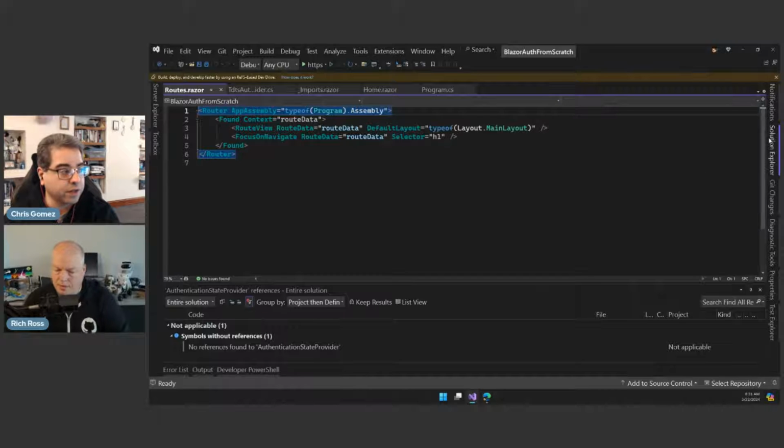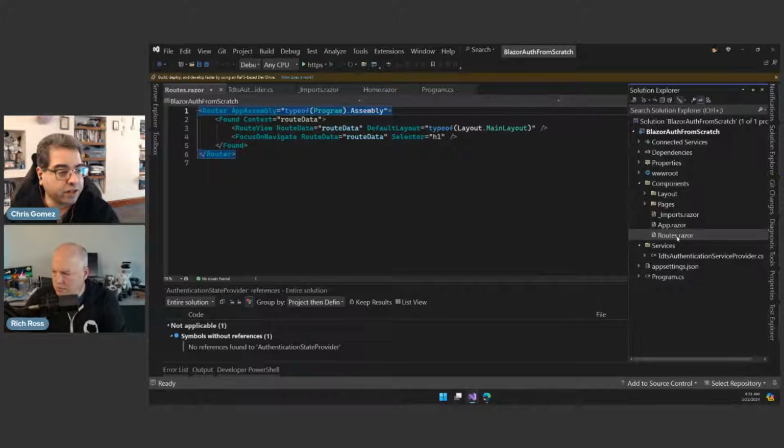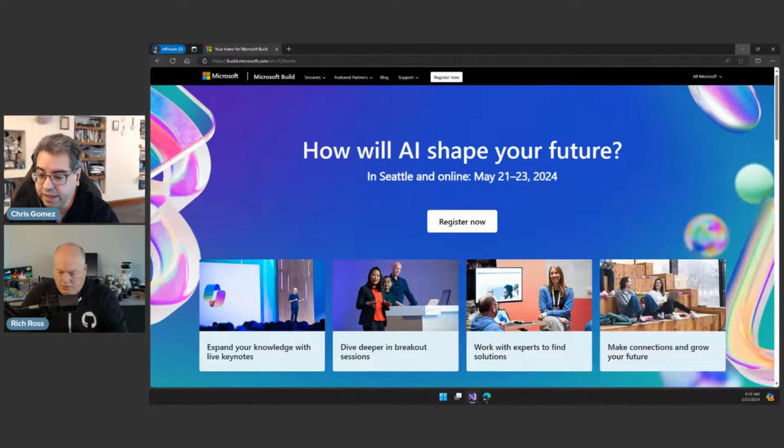So if you're not familiar, every Blazor project has this router component. And I mean, this is provided for you in the template. Mm-hmm. And we may have people in the chat shouting, like, I know the answer,